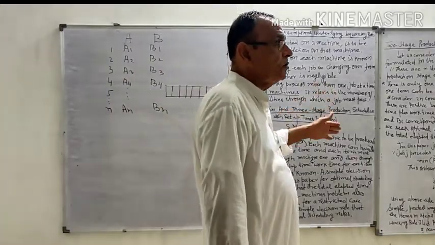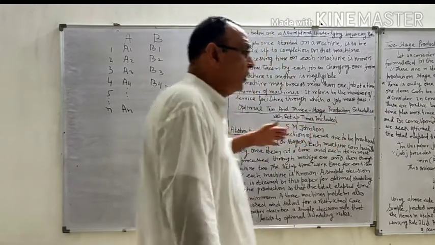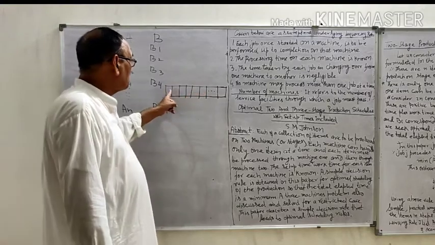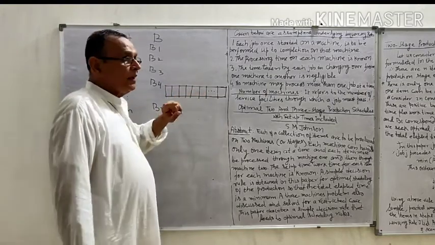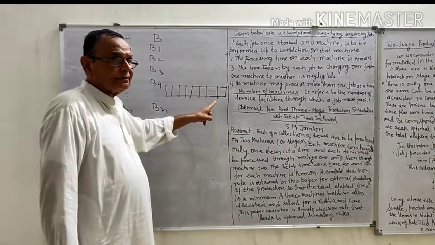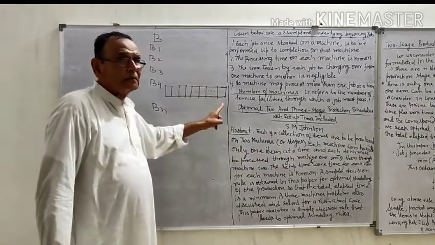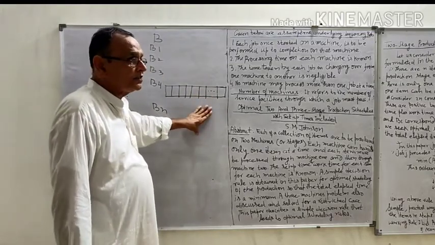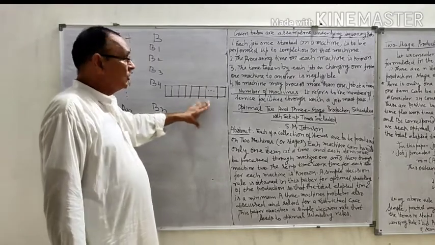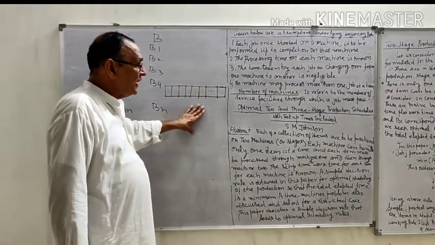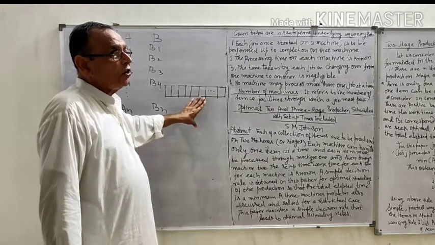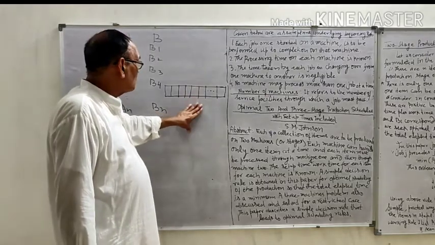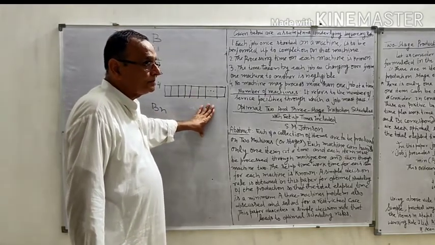We have to repeat the rules until all the places in this table are filled. If there are 9 jobs, it will have 9 columns. If 10 jobs, 10 columns. If 4 jobs, 4 columns. And we have to fill all the cells, or all the columns. So the sequence obtained in such a way is the optimal sequence which minimizes the total elapsed time.